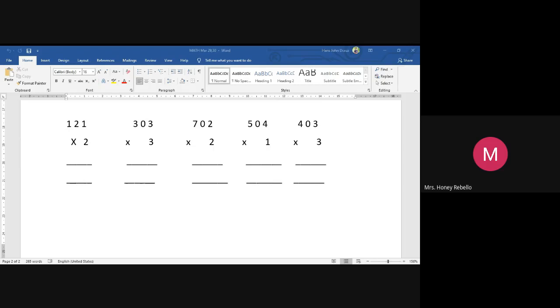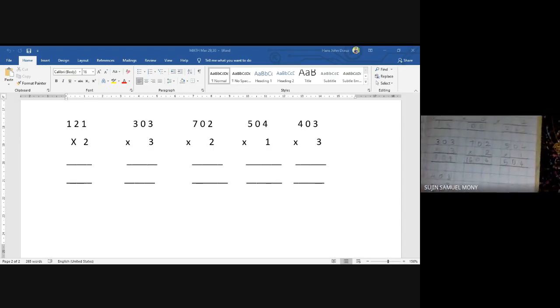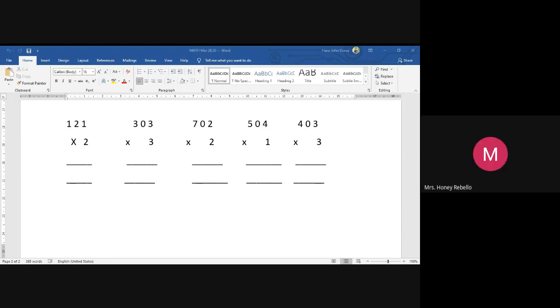Which one is done now? Ma'am, he has completed everything, ma'am. Okay, okay. Never mind. It's okay. I just want to check. Abhishek, can you show me the first sum? Never mind, children, if you have done everything, very good. I just want to know whether you all are doing it okay. Little closer. Okay, children.